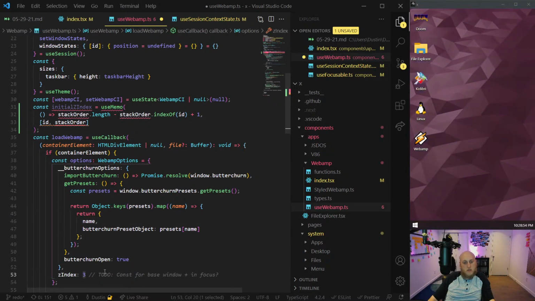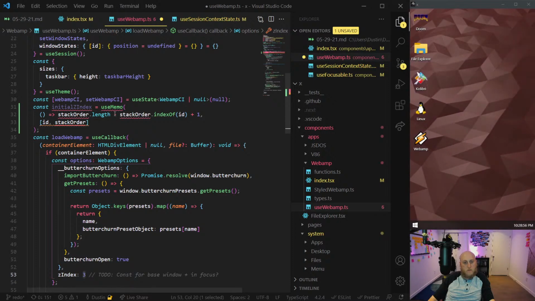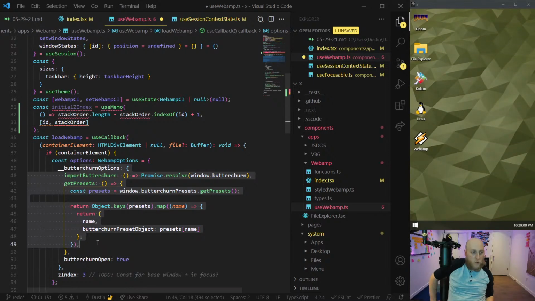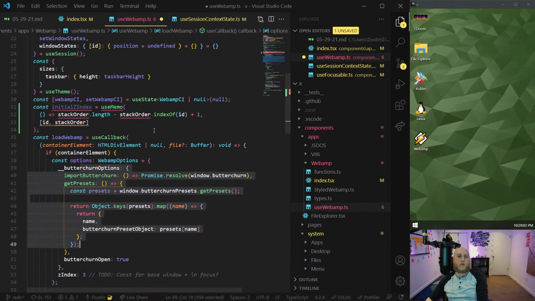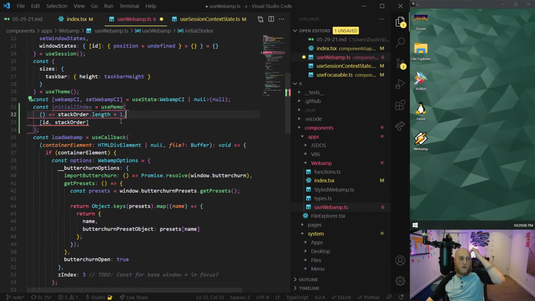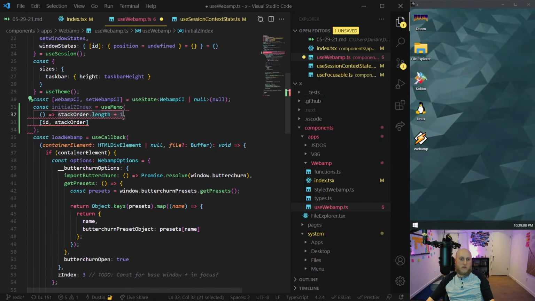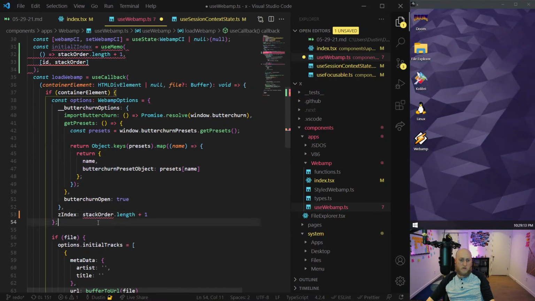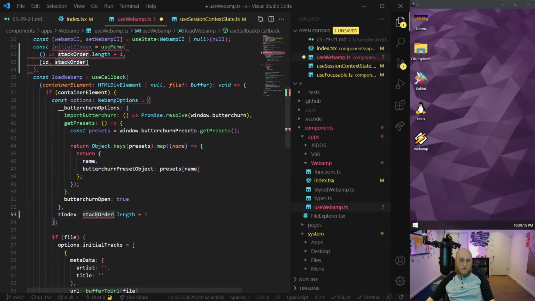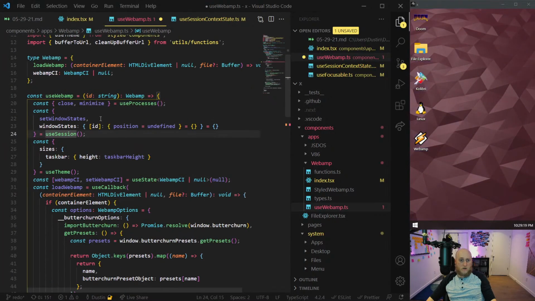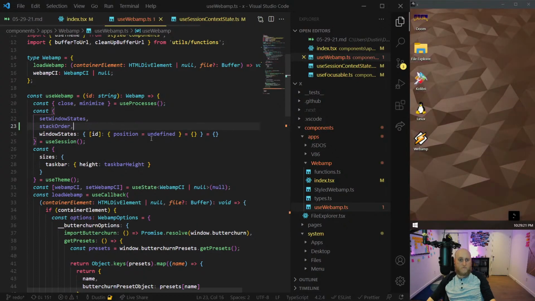Because yeah, when the z-index loads here, I actually only need it to be... This is initial, so I know I want to focus on it. So I actually could be more simple here and just say, when it loads, I want it to be the stack order length plus 1. Because this is only on load. So we need to access stack order, which is part of the session here. So let's just get it right from there.